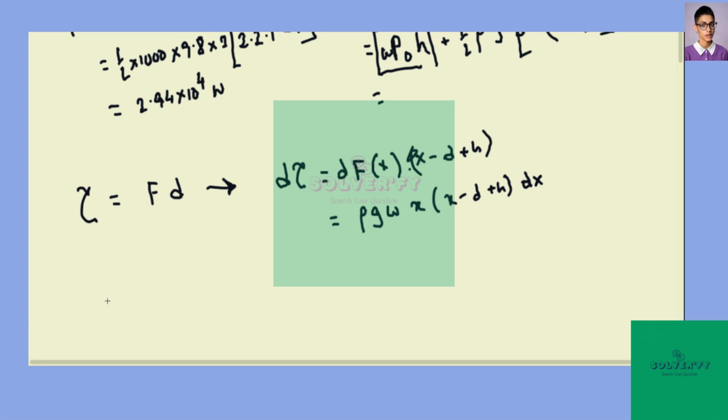So we have to find torque, which is rho g w x squared minus d minus h x dx,